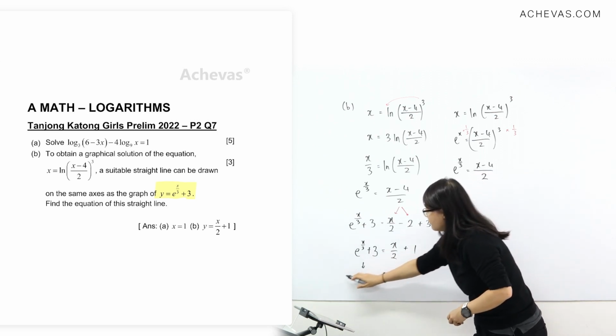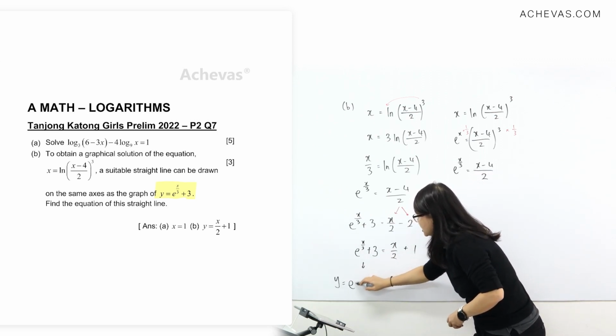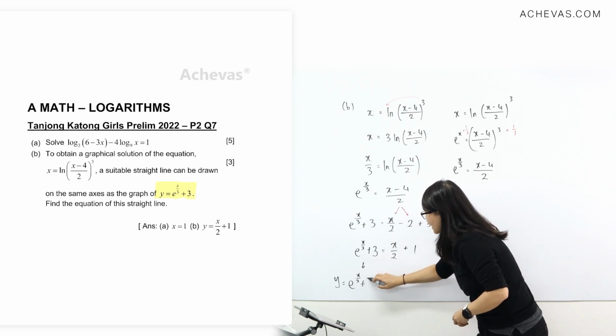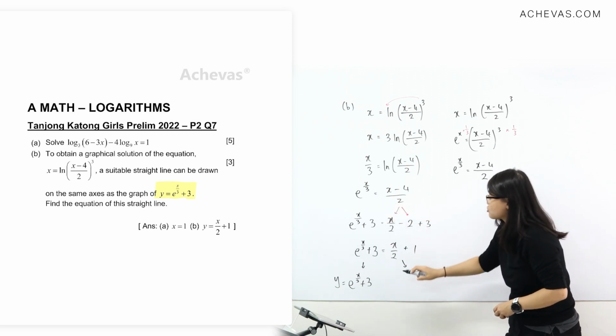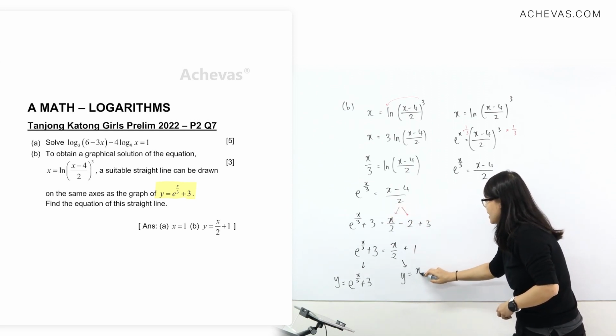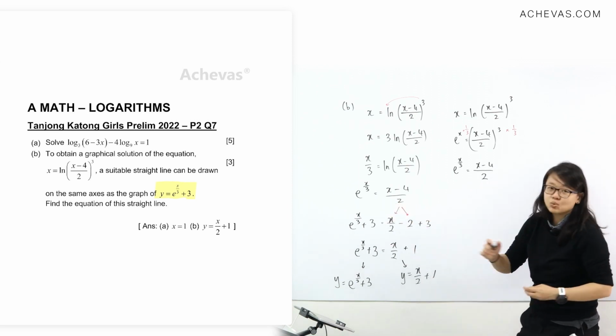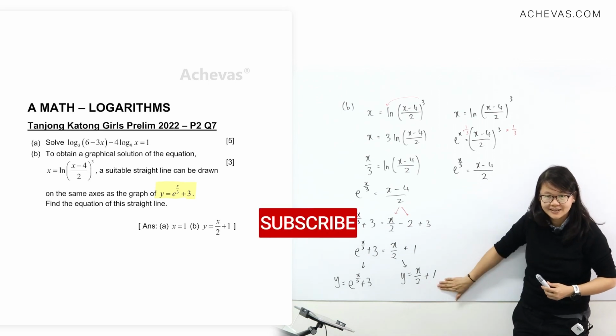So you know that on the left, you have the graph of y equals e power x over 3 plus 3. So the new graph that you need to draw, the equation of the straight line, is going to be y equals x over 2 plus 1, which is the answer that we need here. Okay,